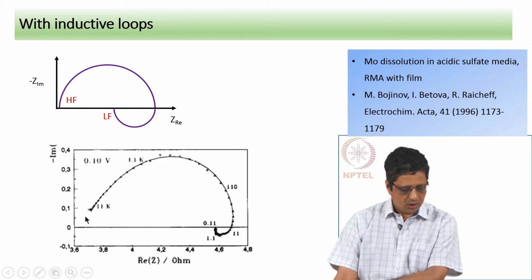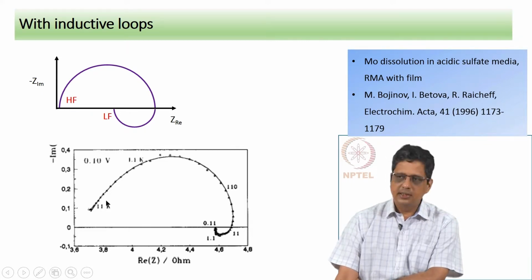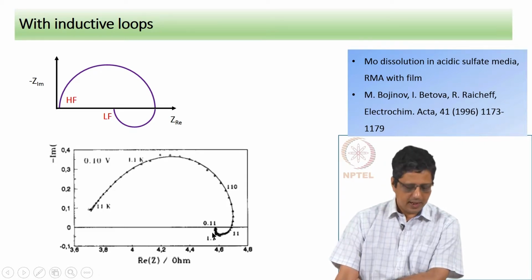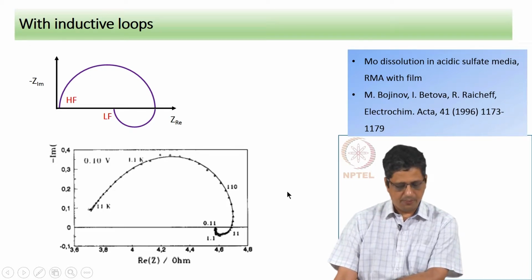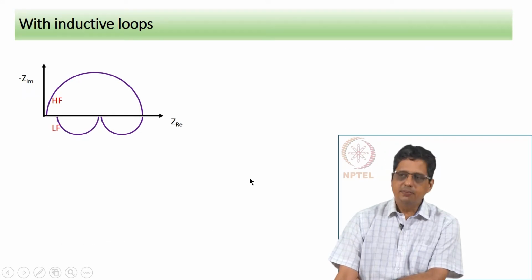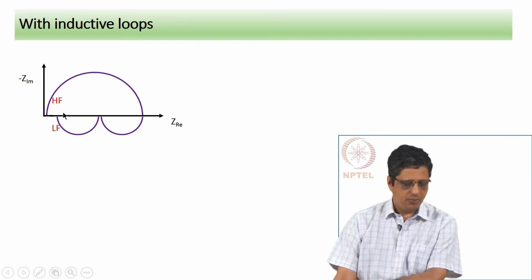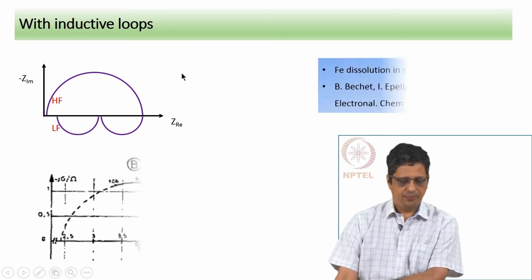Okay. So, naturally here this is going from high frequency to mid frequency to low frequency. This is not a clean loop, but overall you can visualize and say this is a system where at high frequency you have a capacitive loop, at high and mid frequency you have a capacitive loop, and at low frequencies you have an inductive loop. It is possible to have more than one inductive loop. Okay. So, this here starts at high frequency, goes to middle frequency, it forms one inductive loop, and then subsequently it has another inductive loop.